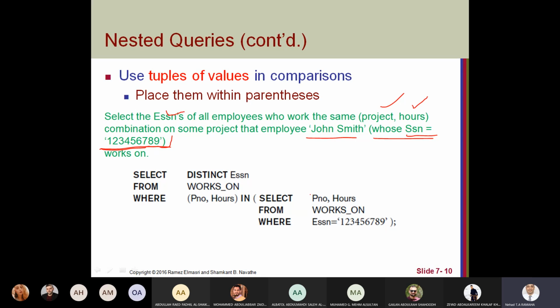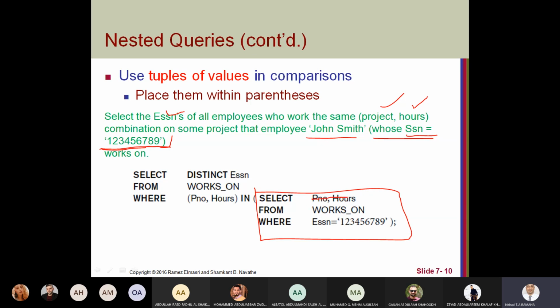If you know the SSN for this employee, 1, 2, 3, 4 until 9, now we can return the projects that John Smith worked on using this select statement.